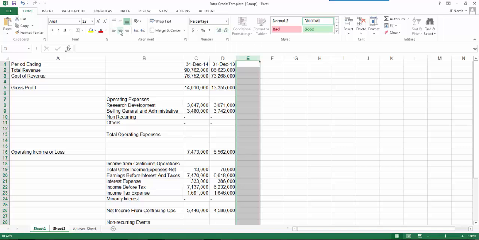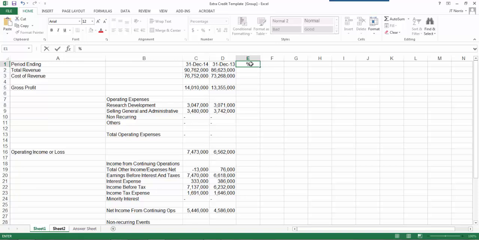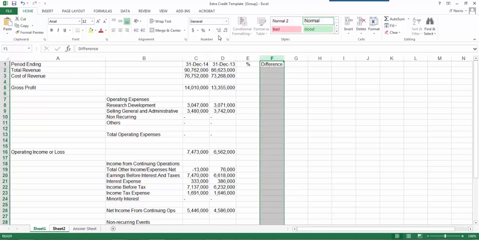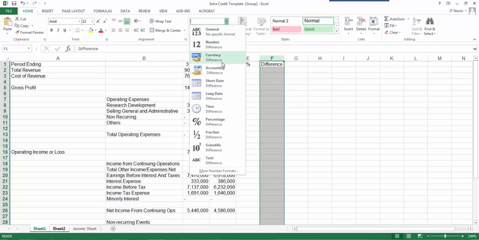I'm going to center it, and I'm going to put a header at the top that is percentage. The header over here is difference. And this sheet is going to be,